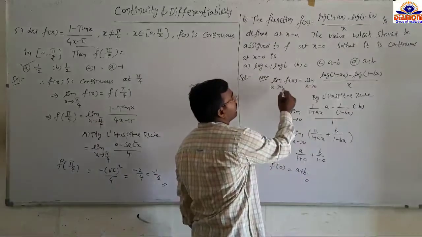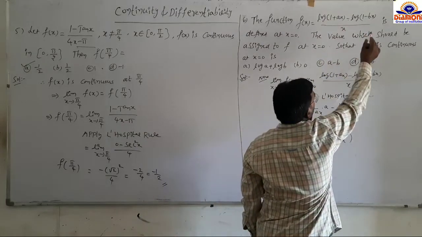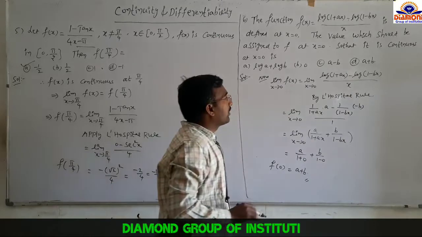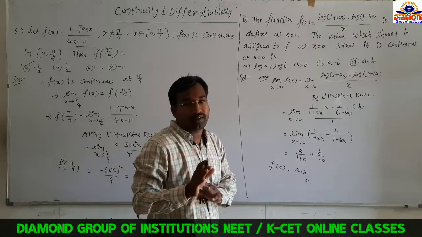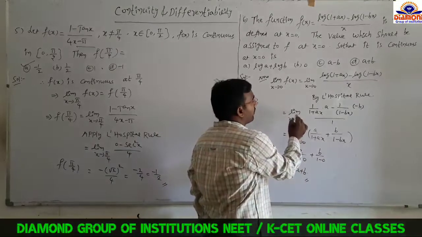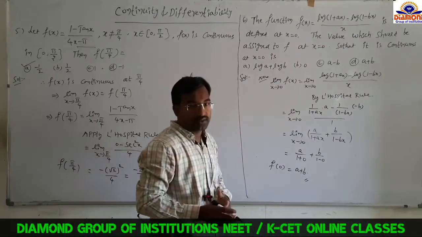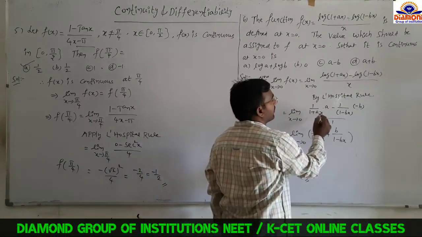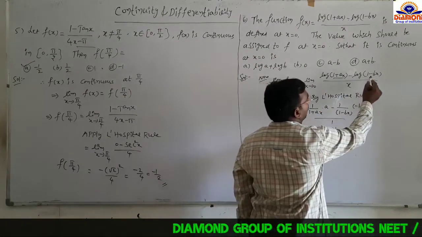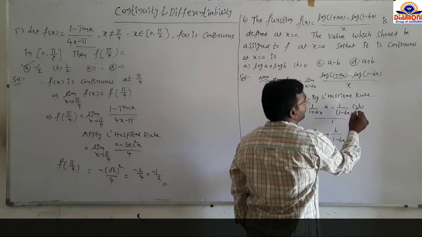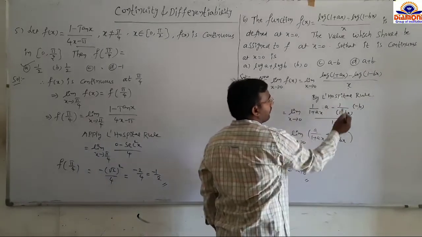So now calculate limit x tends to 0 f of x, equal to limit x tends to 0 of log of 1 plus ax minus log of 1 minus bx by x. If you apply the limit x tends to 0, you get 0 by 0 form. That's why you apply L'Hospital rule. If you apply L'Hospital rule, what do you get? Log x derivative is generally 1 by x. So you can write 1 by 1 plus ax into the internal derivative. 1 plus ax derivative is a. Minus log of 1 minus bx derivative is 1 by 1 minus bx into internal derivative, minus b. In the denominator, x derivative is 1.